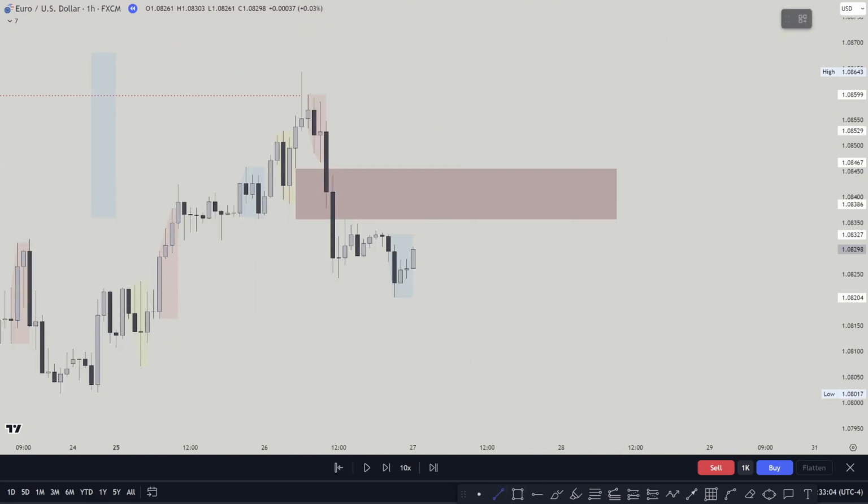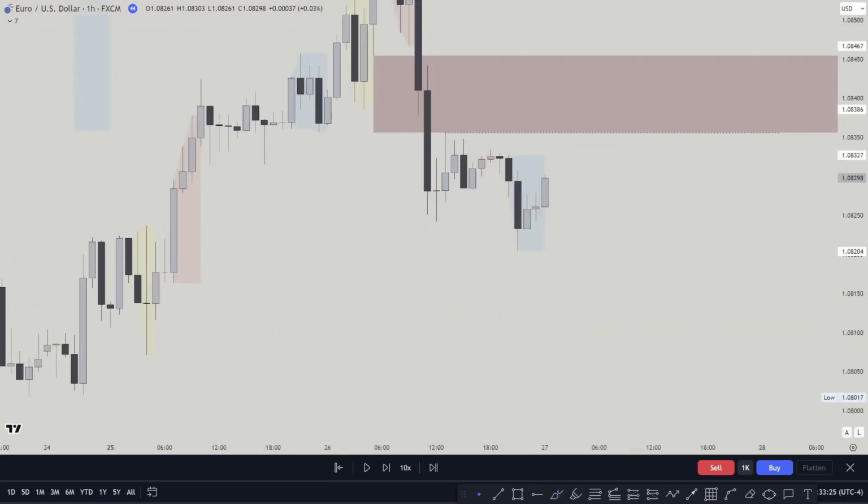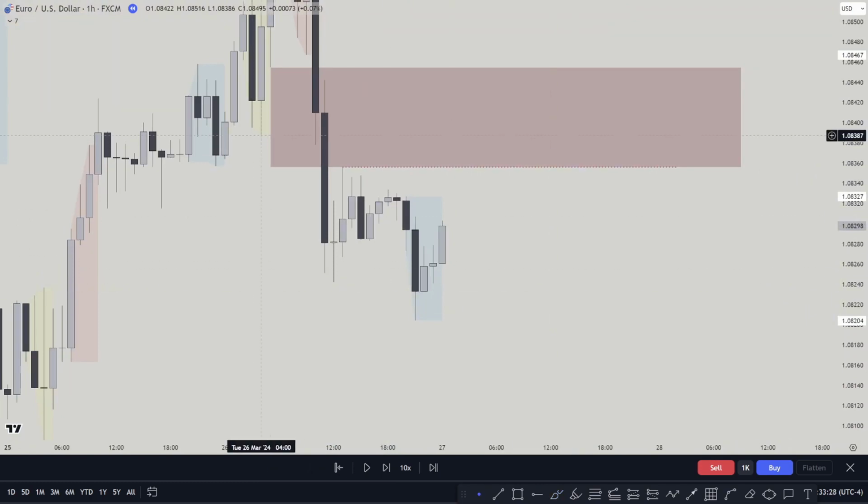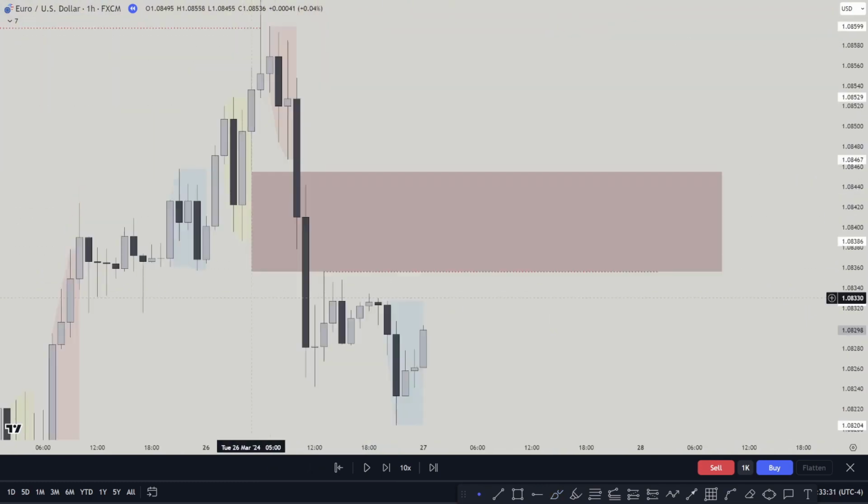This was our 4-hour fair value gap. We can see this is the low of the fair value gap. However, on the 1 hour, it's a clear high that is inside of the fair value gap. So this is my high probability setup. I'll be waiting for price to take this high to go lower. And also, looking at this, we see an overlapping here of this low of the breaker block.